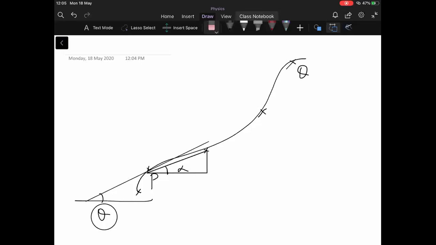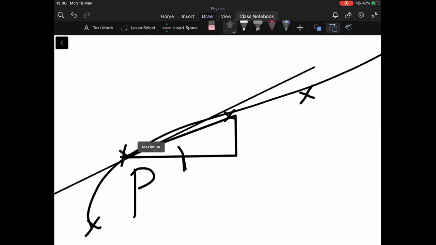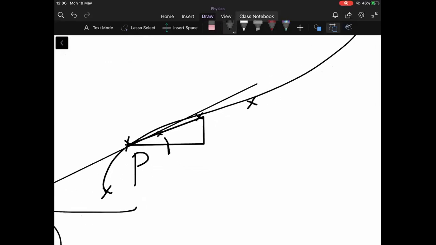Now if I take a magnified view of this and draw this triangle, it is very close to angle theta, but not exactly angle theta. I will magnify it further and bring this point very close. Now it will be as good as equal to tan theta. You're getting my point? Yes, sir.